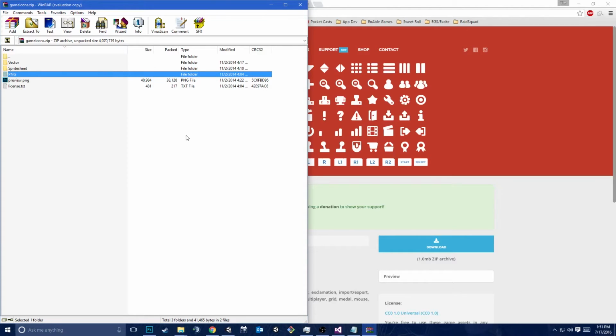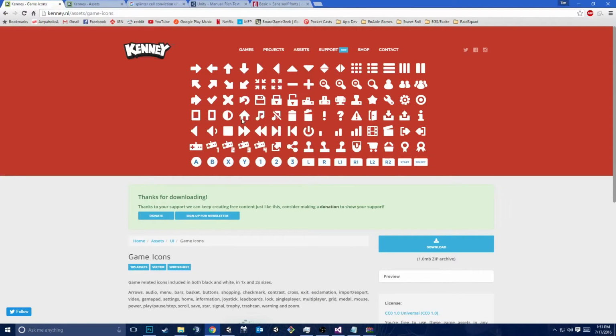So every material you have or every unique sprite has the potential for being a different draw call. It won't always be a new draw call, but if I put things in a sprite sheet, I can condense all of these icons into a single image and a single draw call. So